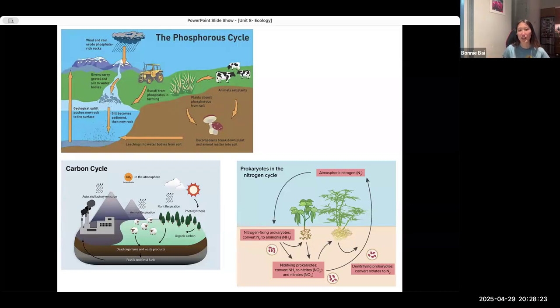And then obviously you get your carbon. We don't breathe in carbon dioxide, we breathe it out, right? So carbon dioxide is not useful for us. And if we were to breathe in a little bit of carbon dioxide, we still can't use it. So we still have to get that carbon from food. And that carbon comes originally from the atmosphere, but into the plants and then getting passed down the food chain. And then obviously you can also think about fossil fuels, dead organisms getting broken down by decomposers and all that.